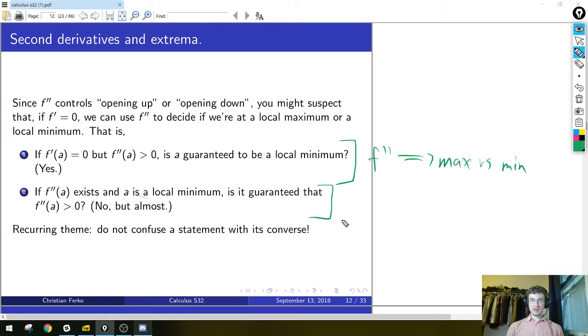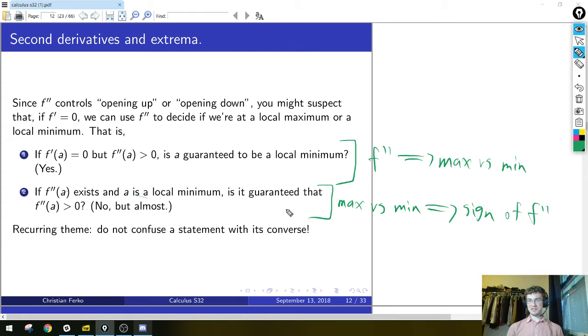But the converse of that statement, the other thing you might conjecture, is: does the relationship also go the other way? Which is to say, if the second derivative exists and you are at a local minimum, is it guaranteed that the second derivative is strictly positive? So this is max versus min implies the sign of f double prime. This is the other direction. As we'll see in a couple of slides, the answer to this question is actually no, but it's almost true with a small modification. I want to distinguish between these two,